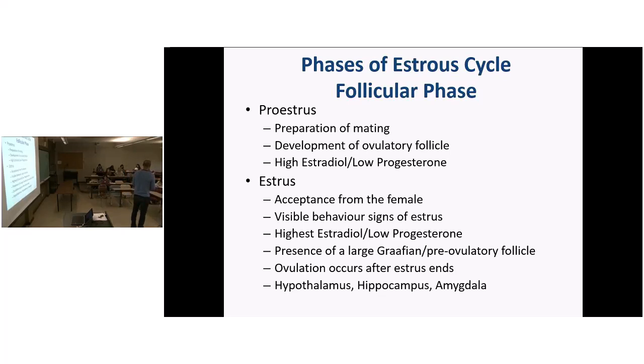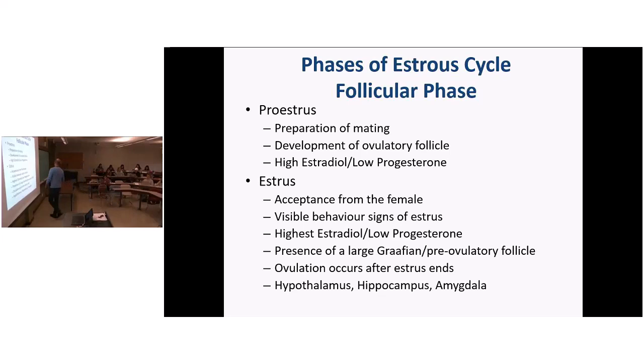Like your follicles are just being recruited at that point. Estradiol is what? It's low. Estradiol really is going to start to pick up once you have the dominant follicle going. As the dominant follicle starts to develop, then your estradiol will go up. So this phase, metaestrus, is known for being low in progesterone, low in estradiol.